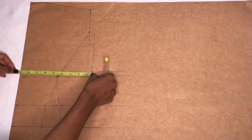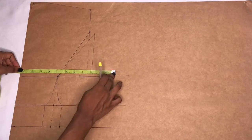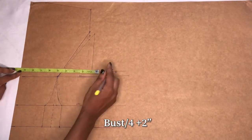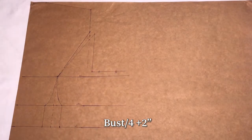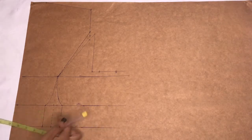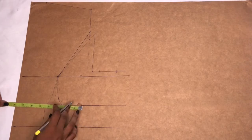I'm going to take the bust measurements, divide it by 4, and I'm going to add 2 inches seam allowance. And then for the under bust, it's going to be a little bit different. I'm going to divide it by 4 as well, add my 2 inches seam allowance, but I'm also going to add back the 2 inches that we took at the nipple to nipple line into the measurement